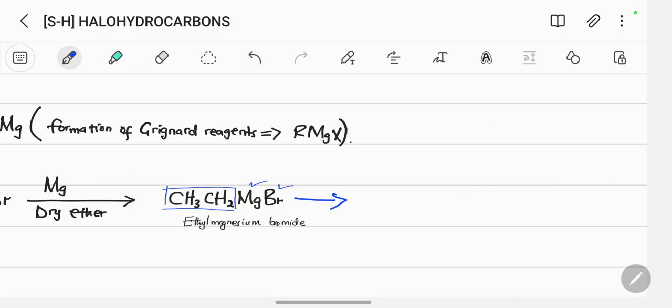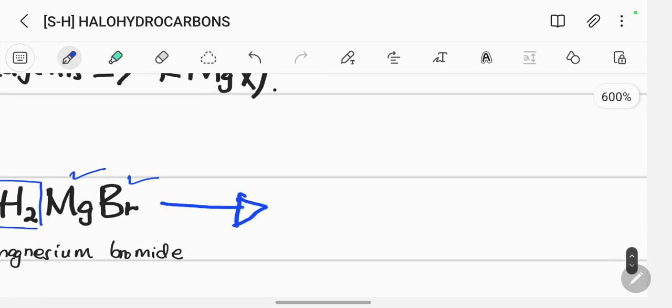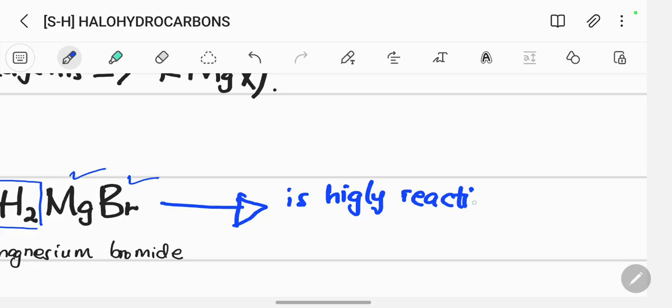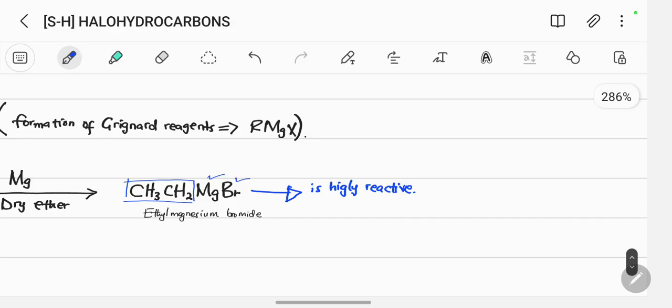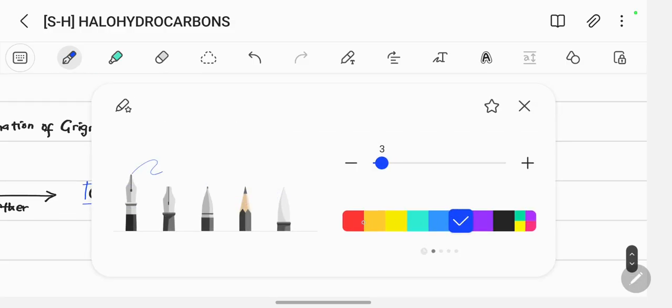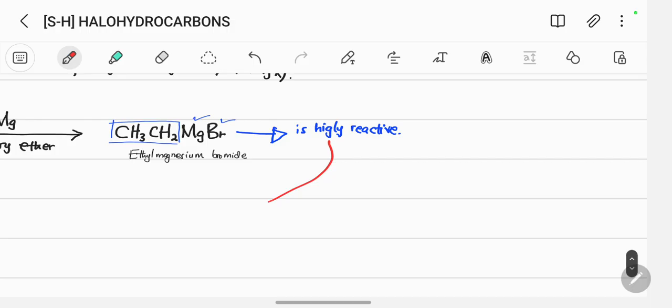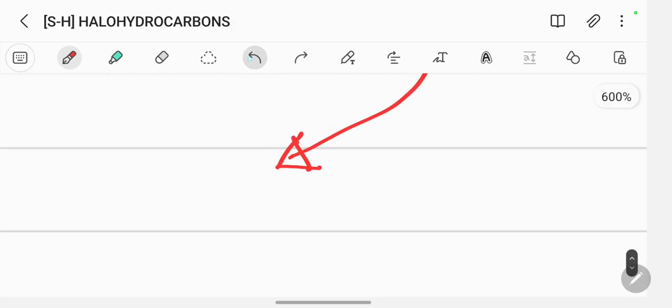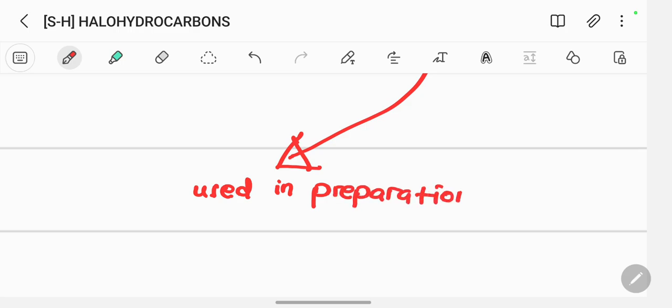So we have to recognize that this Grignard reagent is highly reactive, and it's used in preparation of: